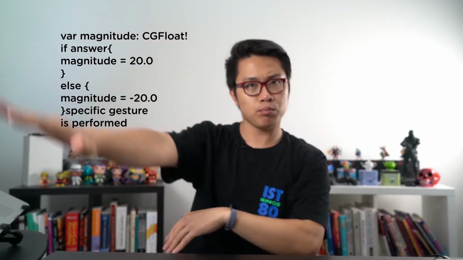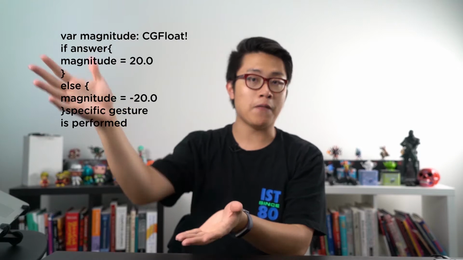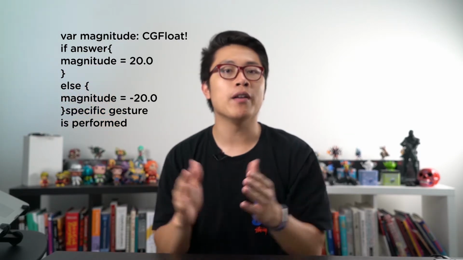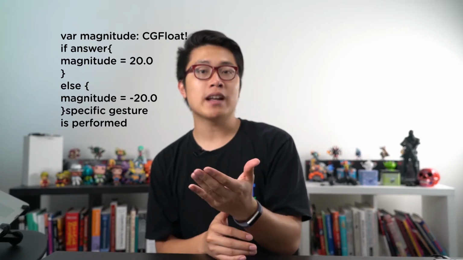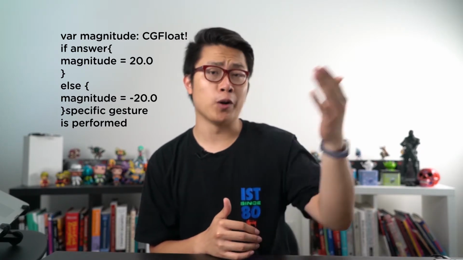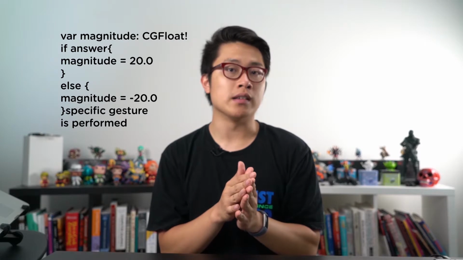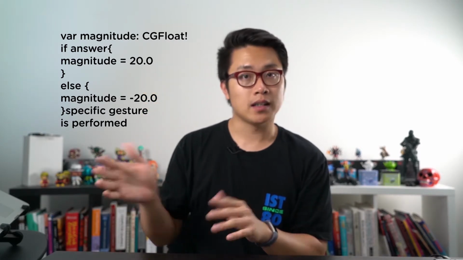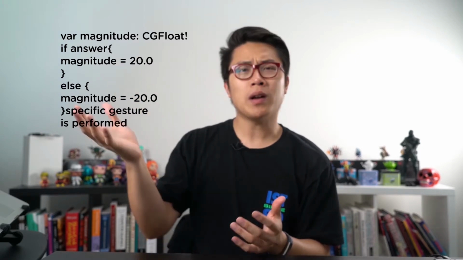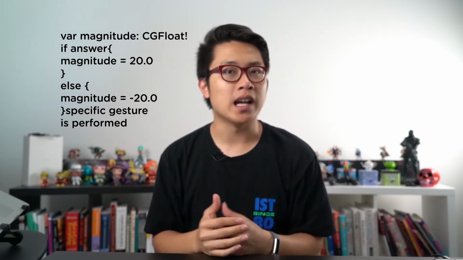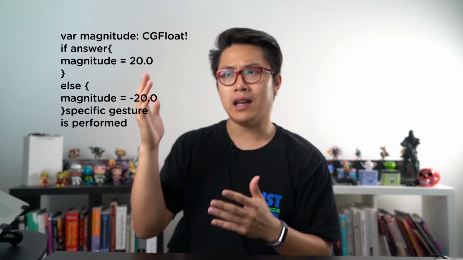Can we do that? So we have our if statement here. Now let's compare these two and see how they're similar. If our answer is true, then our magnitude should be a positive number and therefore go right. Otherwise, it should be left, and our magnitude should be negative. However, if you look at this if conditional, it's taking up more lines of code, and it's just a little